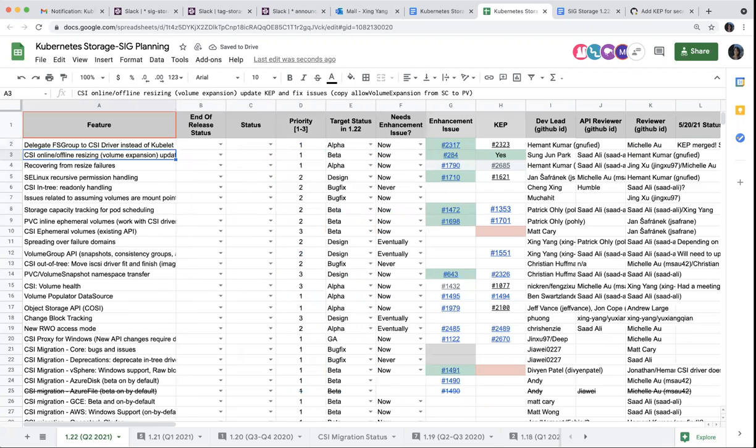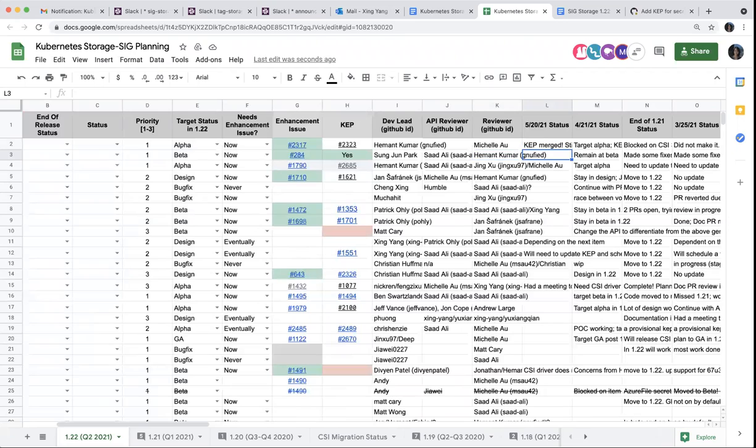And the next one is, okay, this next one is tracking copying allow volume expansion. It's basically an umbrella issue of making sure the resizing as a whole goes GA. So we talked with SIG release about whether allow volume expansion needs a cap of its own or not. But at the same time, the problem with copying it to PV is that once it is copied to the PV, and the user changes the storage class definition and maybe sets allow volume expansion from true to false or false to true,